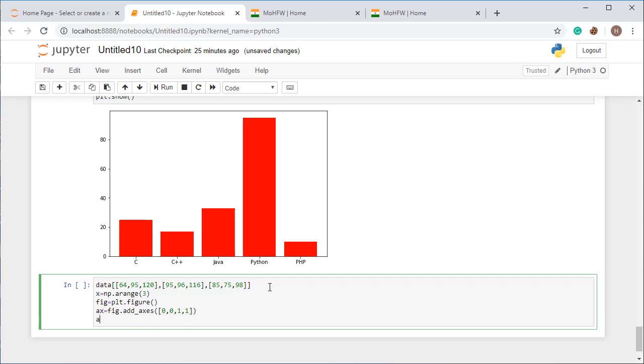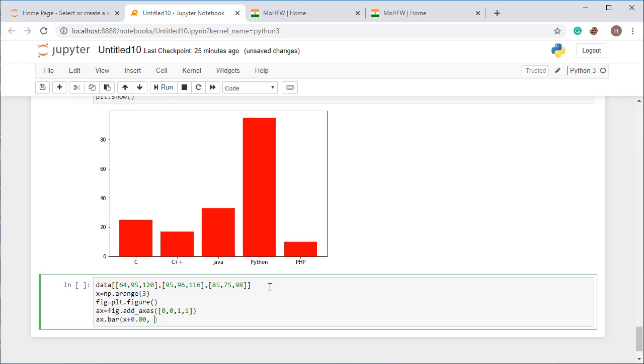Now I am going to add ax.bar, and then pass x plus 0.00, and then I want to add data at the place of data 0.